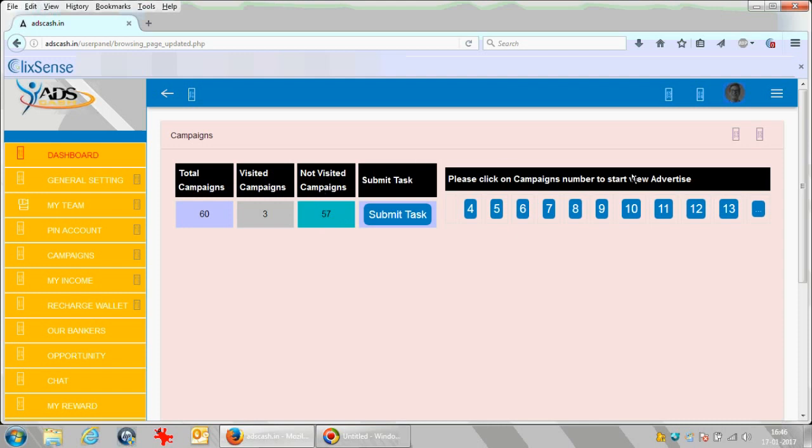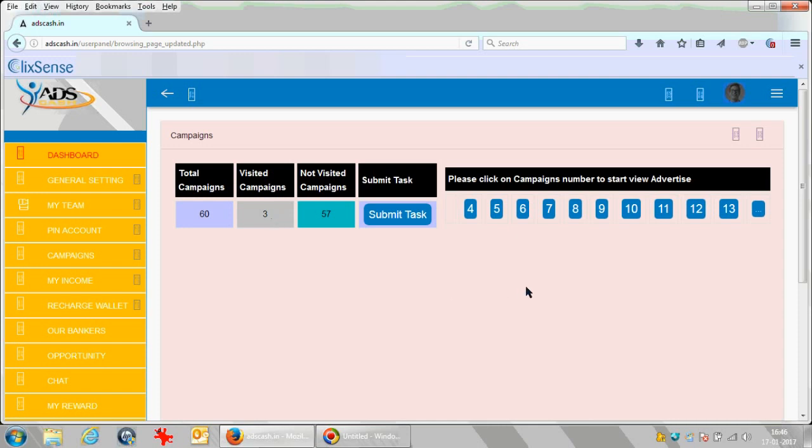One thing you have to be very careful about here is, when you are clicking on these buttons, make sure you never click on this submit task. I'm even afraid to bring the cursor near it, because even by mistake, once you click on it, the task would be submitted for the day and you will be credited for only 3 links. It won't ask you for any kind of confirmation. It would just go to the next screen. All your 57 links would go to waste and you will be paid only for these 3 links.